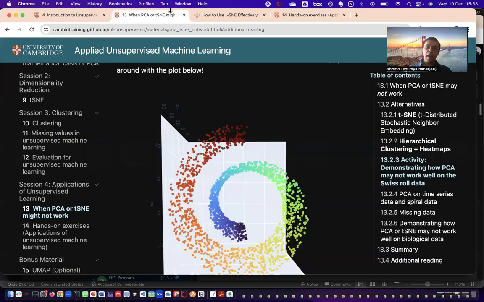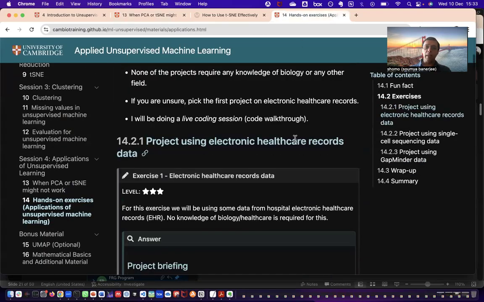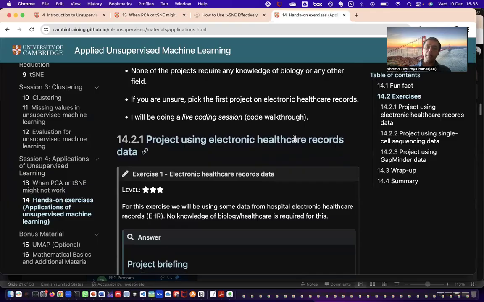My projects also have lots of hands-on projects that I do. Again, you can take a look at this webpage. There are multiple projects that I make students go through to give them a flavor of what it is like to work on a hands-on real-world data set. And there are multiple such projects that I've created.